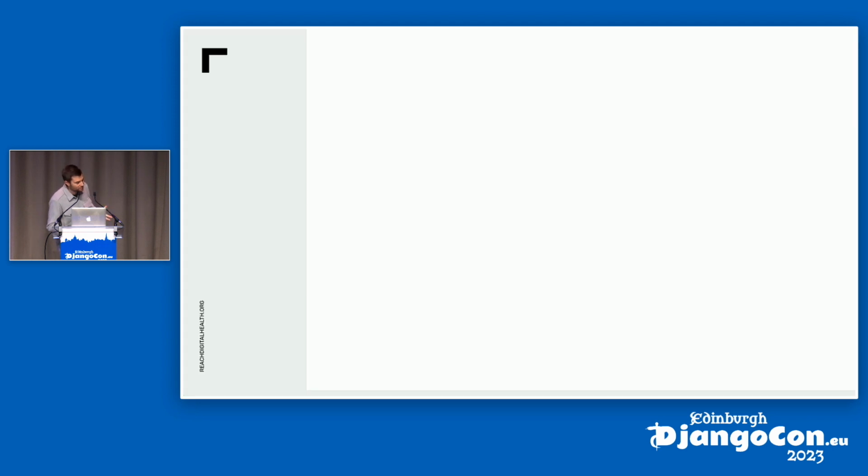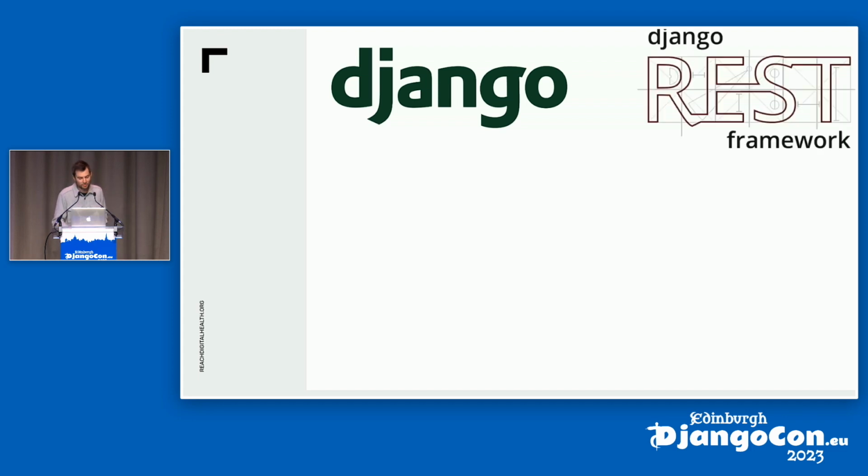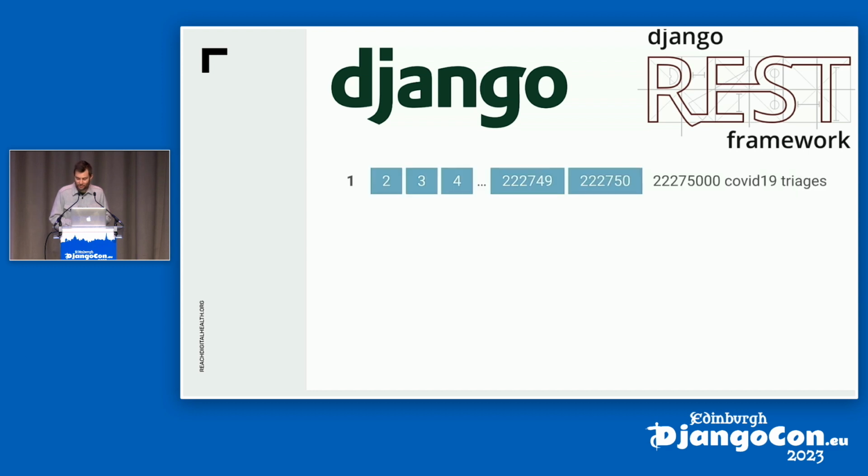This seems like a very simple thing, right? We take Django and put a Postgres backend to store the data. We use Django REST framework to create the APIs that we need, and everything works well, right? Well, until you hit lots and lots of rows in your database, and things start becoming a bit unhappy.